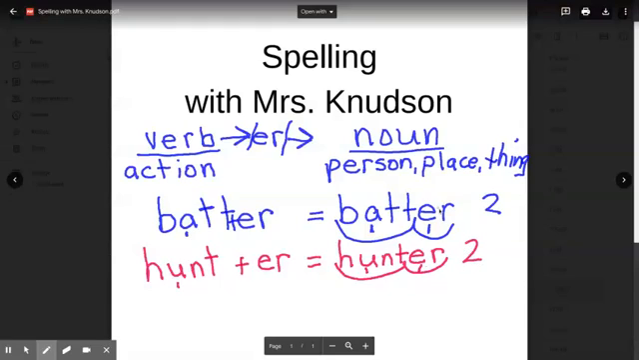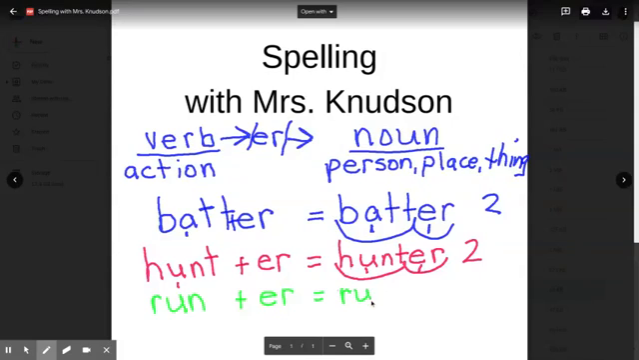Nice. I want you to try this next one on your own. I will run to work today. Run. Think about what you're going to add. Okay. And if I run to work, I am a